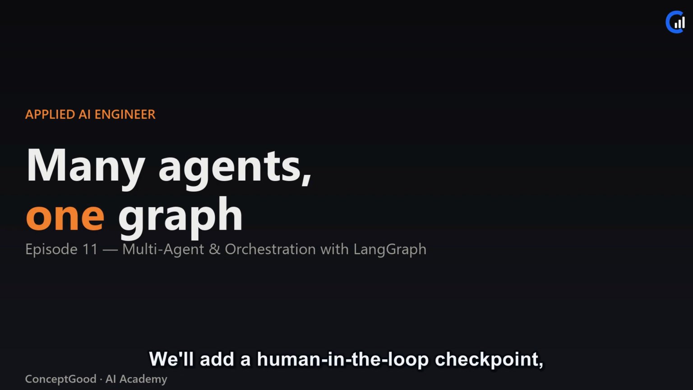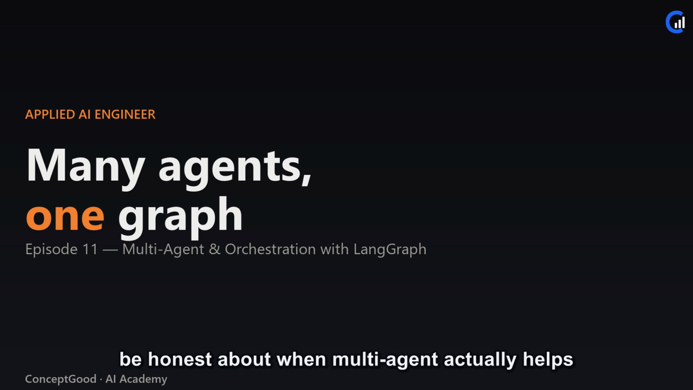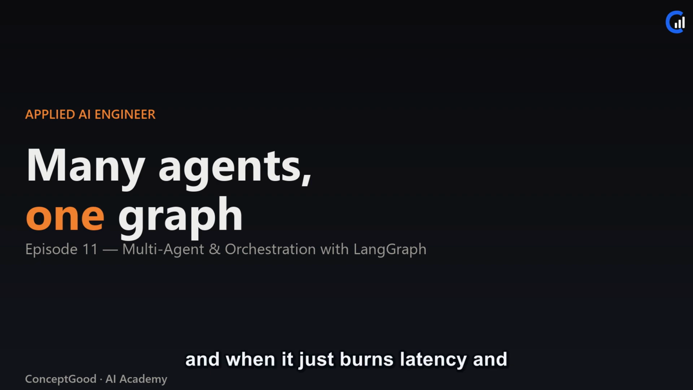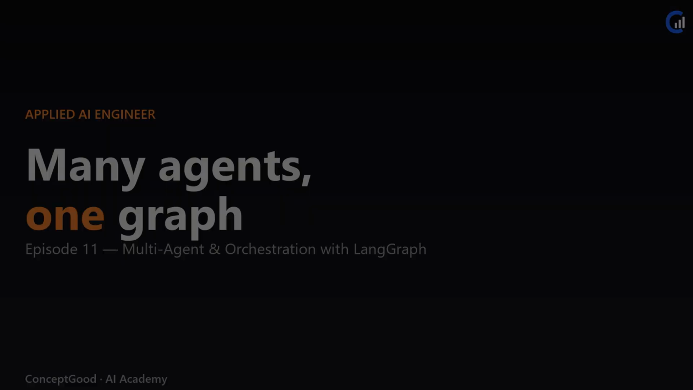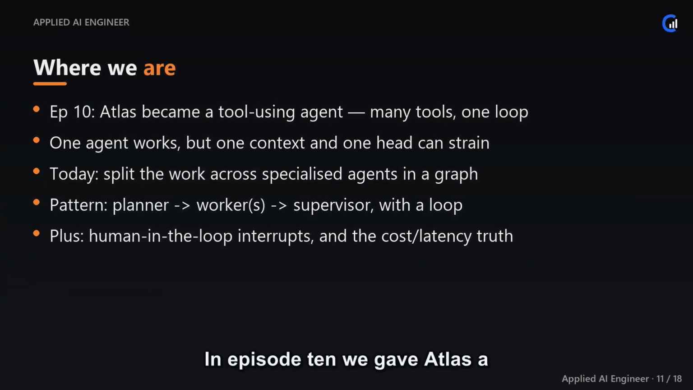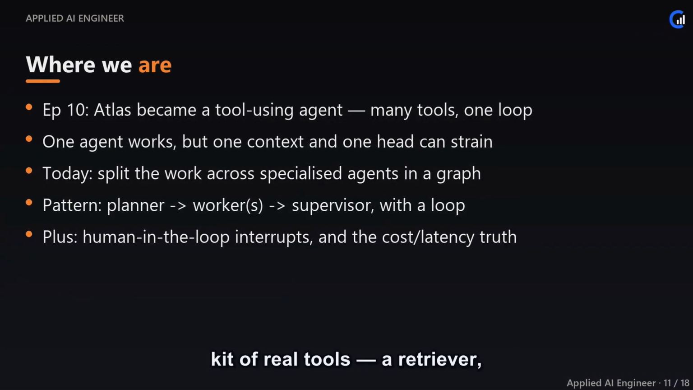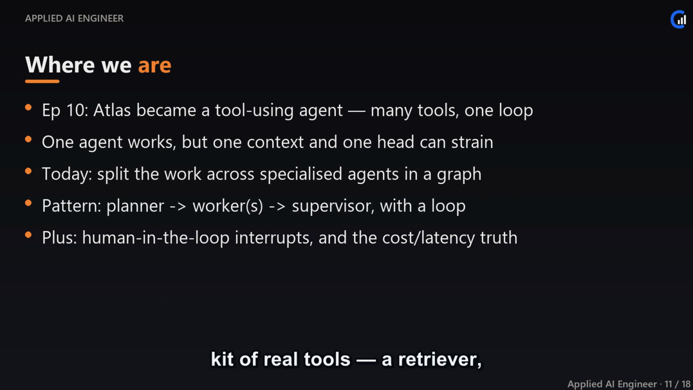We'll add a human-in-the-loop checkpoint, and just as important, we'll be honest about when multi-agent actually helps and when it just burns latency and money. By the end you'll have a real graph executing across nodes, with each node's reasoning driven by a genuine model call. Quick recap. In episode 10 we gave Atlas a kit of real tools, a retriever, a calculator, a database,